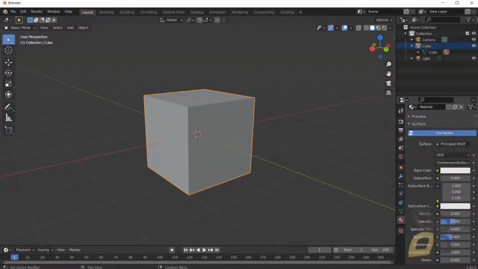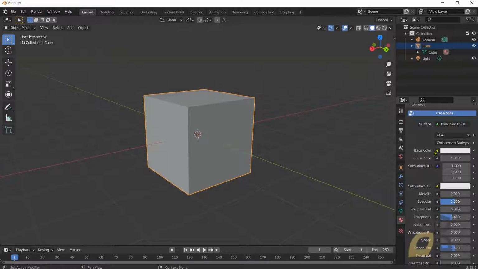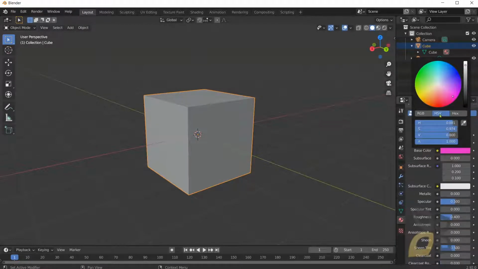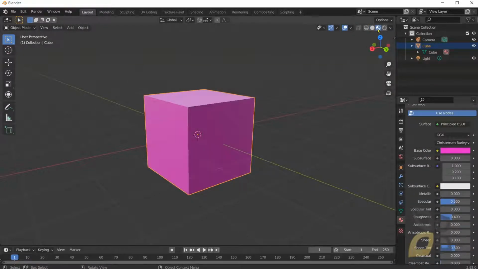Okay, let's start with the base color. You can see here I have a base color that I can change, and also use this type of shading, which will let you see the textures and the colors that you're changing. So I can use a simple color, or I can use a base texture color, also called diffuse. So if I click here,